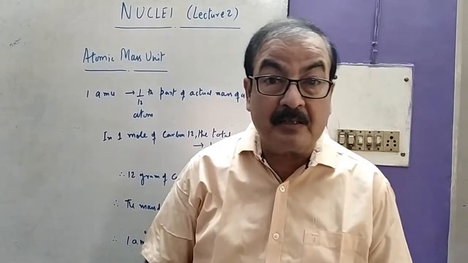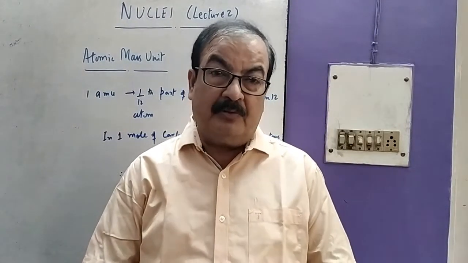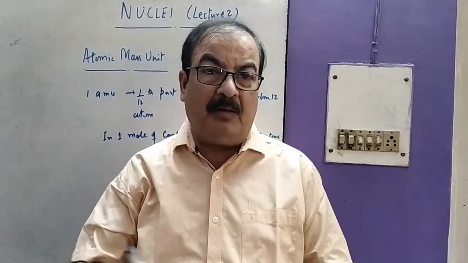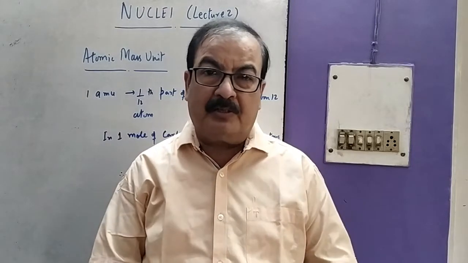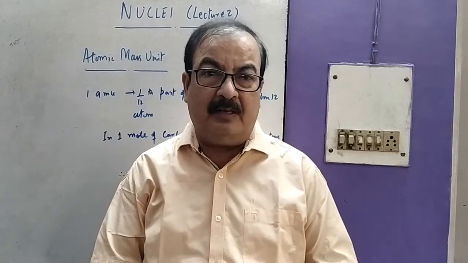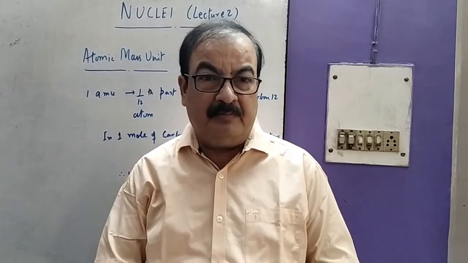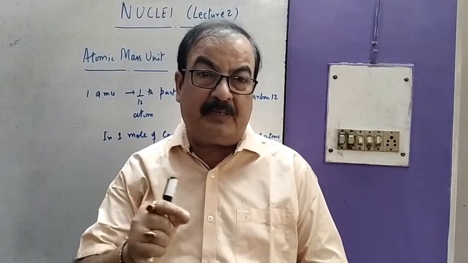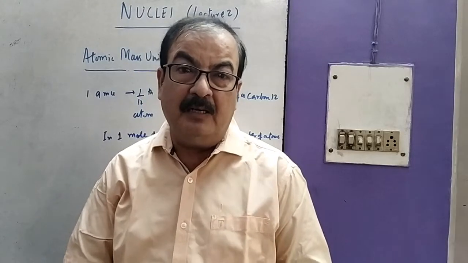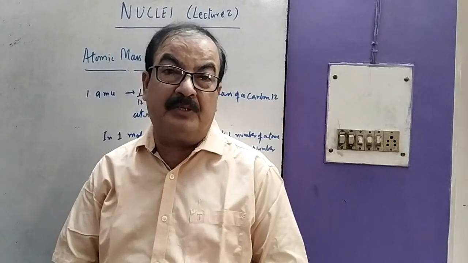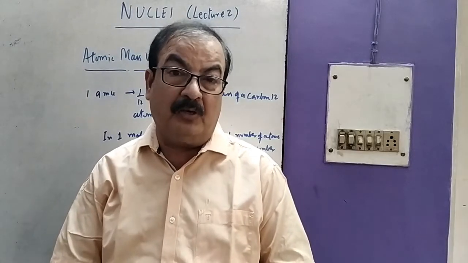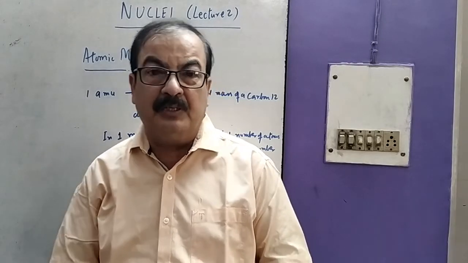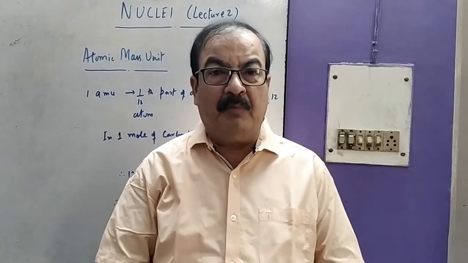Now, what is the thing that we have to study today? Today we study how the mass of the nucleus is measured. The nucleus, even the atom itself, is so tiny that we cannot see it with the naked eye, like an ordinary object. Therefore, we need a specific unit system for measuring the mass of nucleons, of different nuclei, and of different atoms. It is simply called the atomic mass unit.